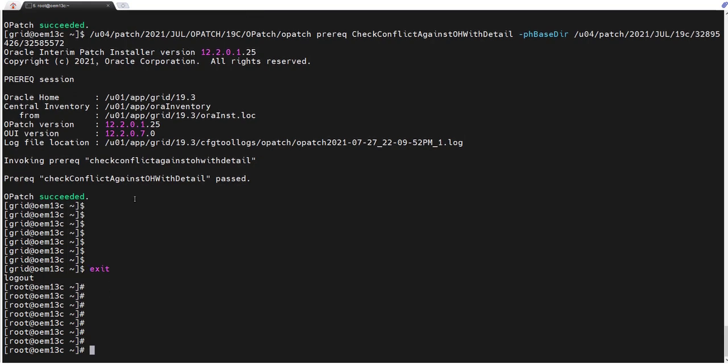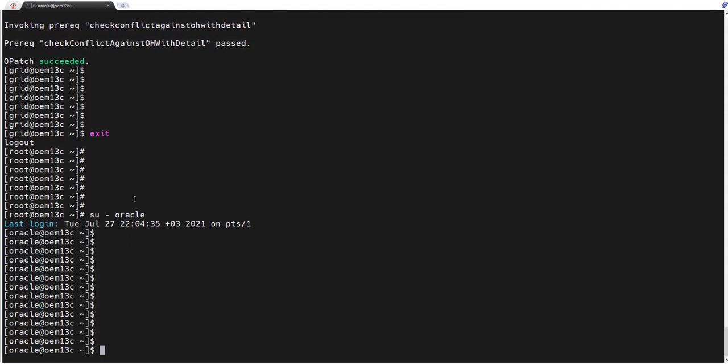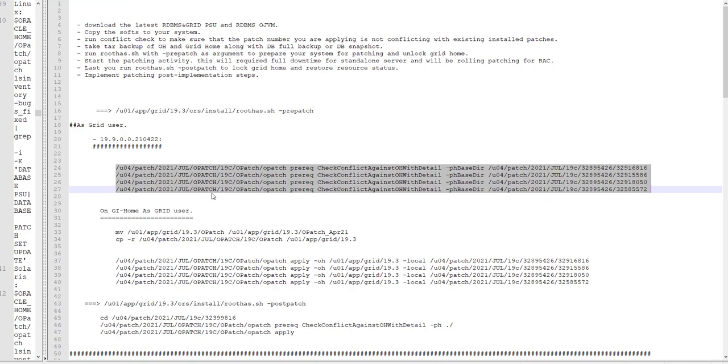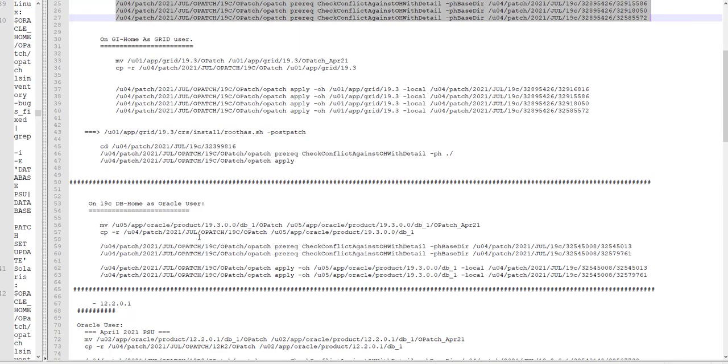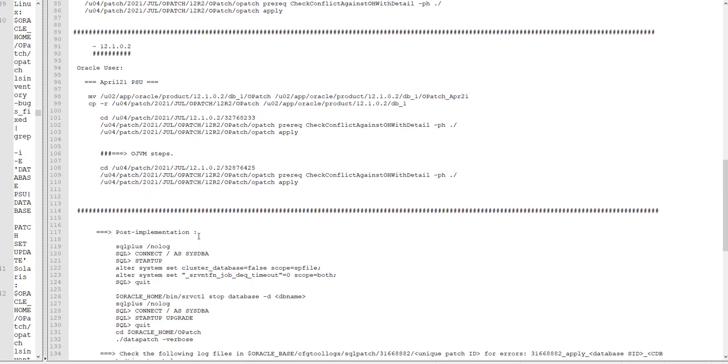Now let's make sure that there is no conflict for Oracle as well. Let's run the conflict check for RDBMS. This is what we are going to apply for the 12.1.0.2 version.